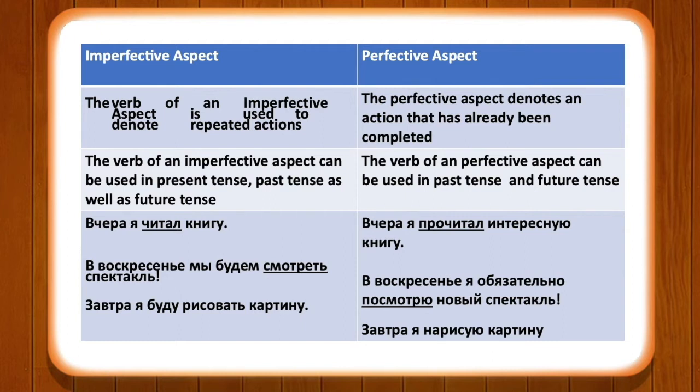Between the two verbs, imperfective and perfective, the difference is that when we use the imperfective verb, it means that I am going to draw a picture tomorrow, but there is no guarantee that I will finish the picture that day. But when we are using the perfective verb, it gives us the surety that the action will start and finish. So, завтра я нарисую картину means that tomorrow I will draw a picture, and I will finish drawing the picture